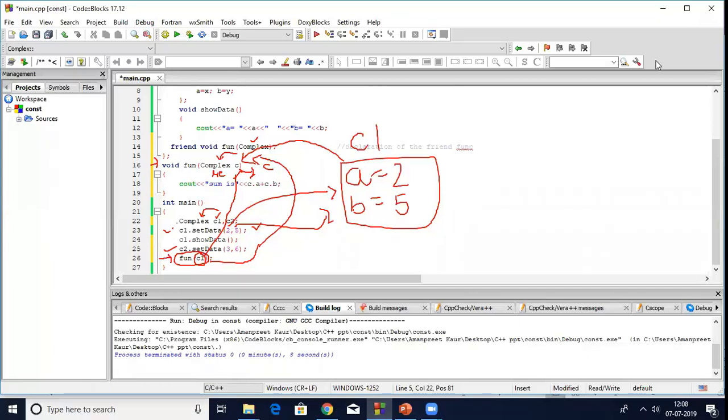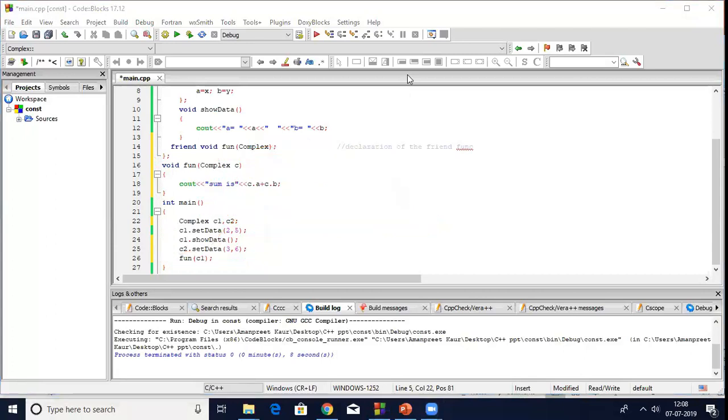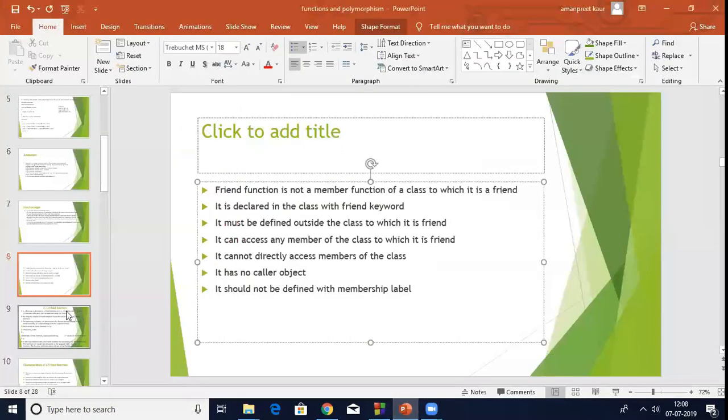Okay. Now, next, I'm going to tell you the advantages of friend function one by one. This is just the basic use of friend function. Now let me tell you what are the advantages of friend function. So I'll be telling you 3 advantages side by side. So the very first advantage is